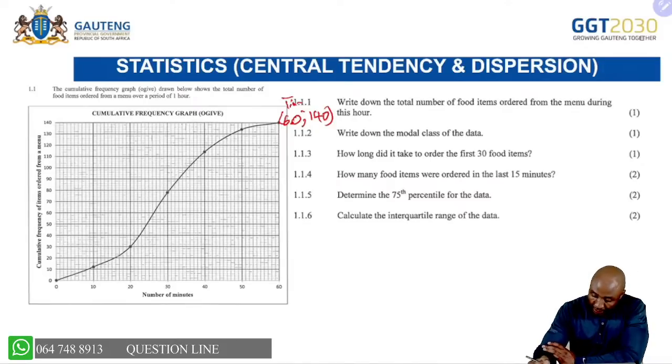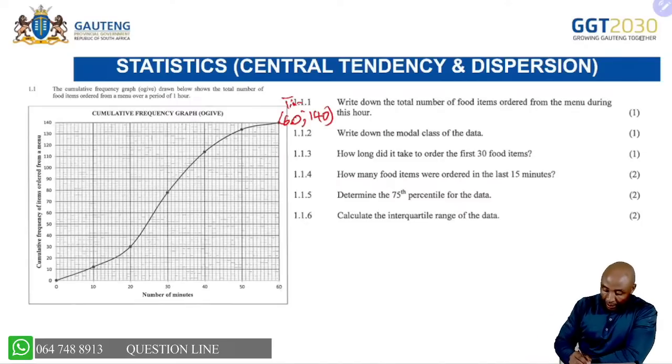Now it says the number of food items ordered from the menu during the first hour. Our first hour is 60 minutes. So you take the y value when your time is 60 minutes, and that will give us 140. That becomes the answer. We want to look at the modal class. The modal class gives us